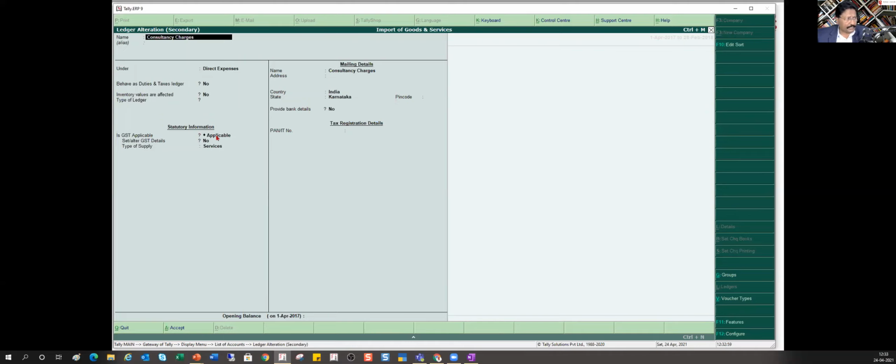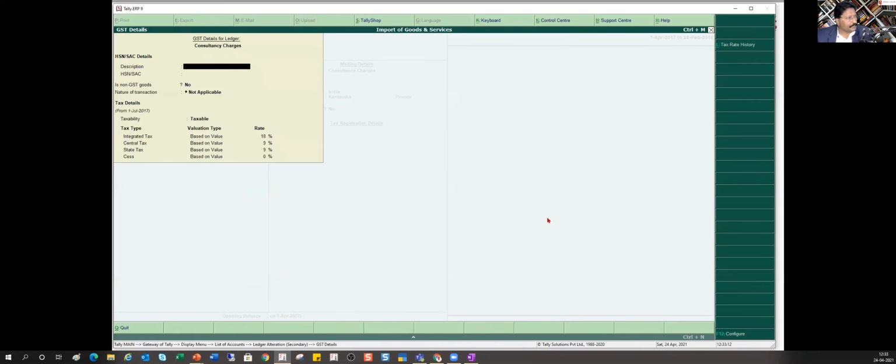The only thing is you have to make sure that this is applicable. One more thing I can do here is come to set/alter GST rate. If you see here, I have not done anything except that the rate is already given. The nature of transaction I have selected as not applicable.